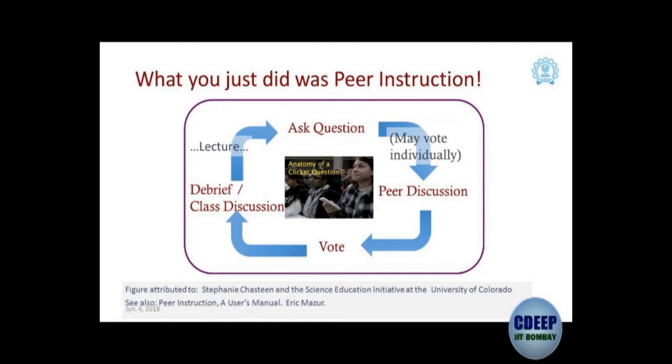Actually, sometimes you don't even need to do the first vote. You can directly ask your students to start discussing. There is one part in this diagram that you absolutely should not skip, and that is the peer discussion part. This is not skippable. This particular method is for multiple choice questions, yes. What about long answer questions? There are other methods. Tomorrow we'll do one of them called Think Pair Share.